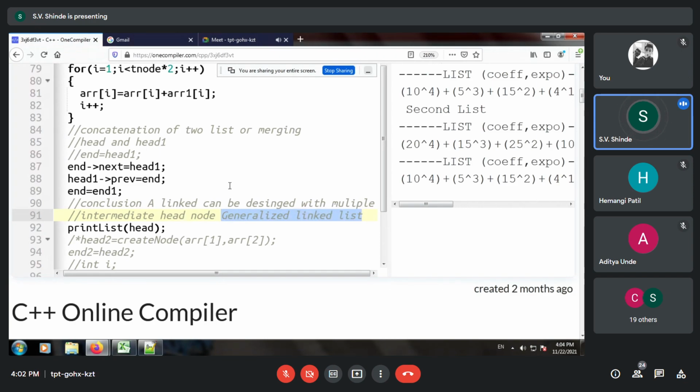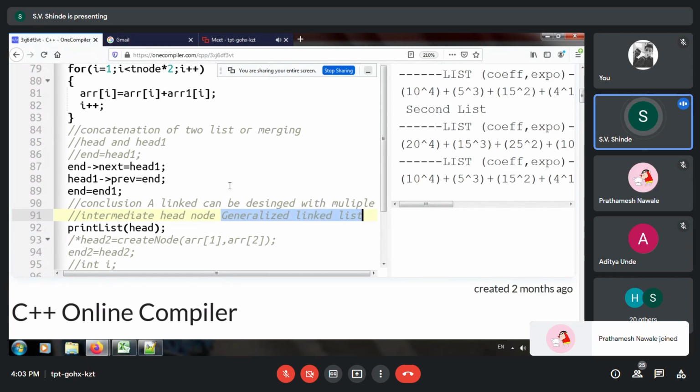So that is the concept of generalized linked list. If you are able to design it in multiple ways like a tree-like structure, then you can insert multiple linked lists into one single linked list. Yes, participants, able to understand the concept of generalized linked list?